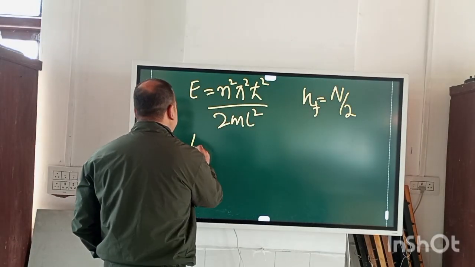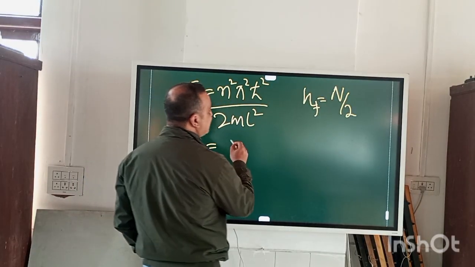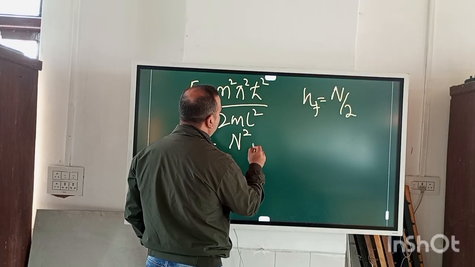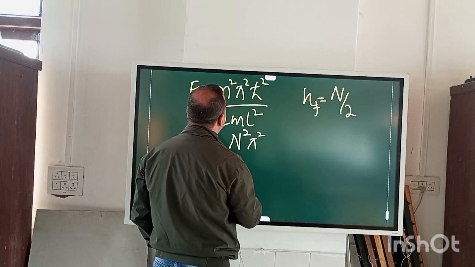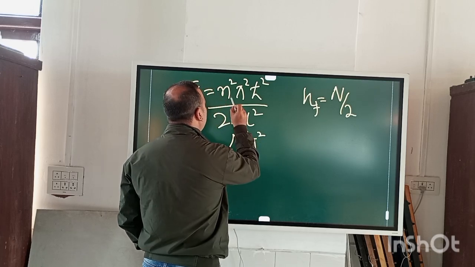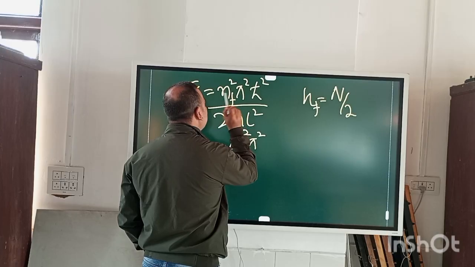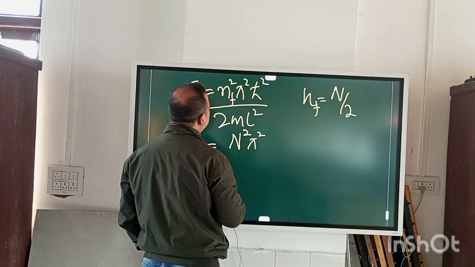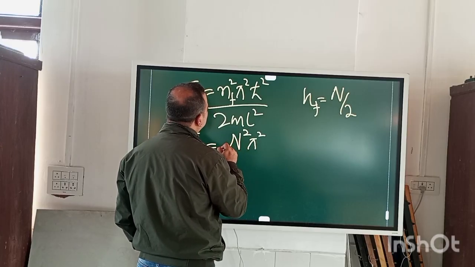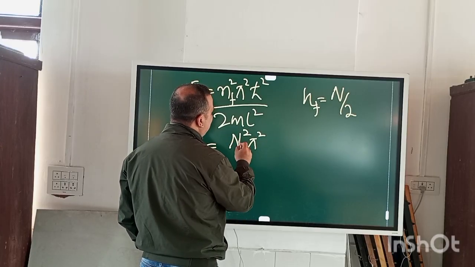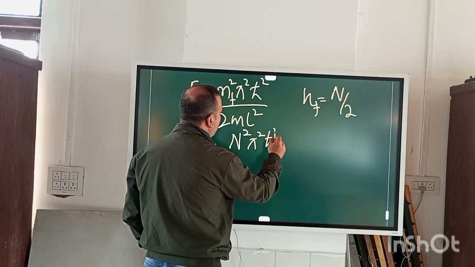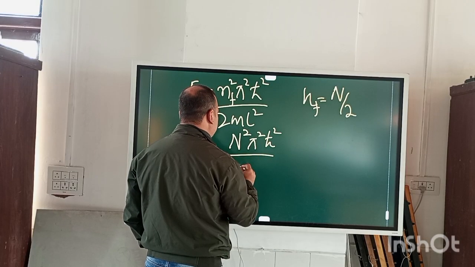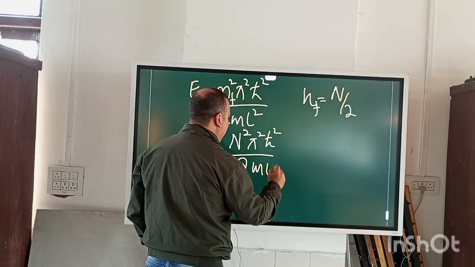So you can say E is n squared pi squared, or you can put F here as well for n to give a symbolic presentation of these integers because they are representing the energy levels. So nF squared pi squared h cross squared by 2 squared will give me 4, 4 2s are 8, this is 8mL squared.